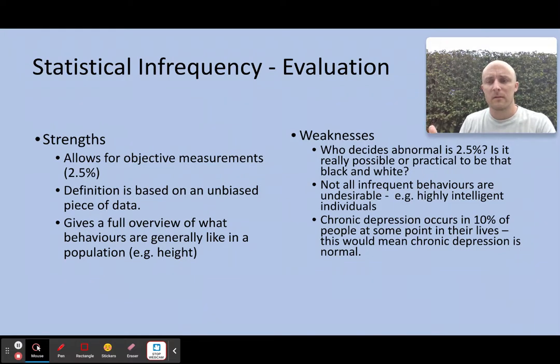cannot get treatment. Let me give you an example of a normal behaviour that we don't treat. Dyeing your hair. Dyeing your hair is statistically common, and we don't see it as an abnormal behaviour. But imagine if all of a sudden we started to see it as a clinical sign of mental illness. If you came in and you've got blue hair, or pink hair one side and brown hair the other side, and I would have to say, you need to go to the doctor because you need to get treated. We don't treat behaviours we consider to be normal.